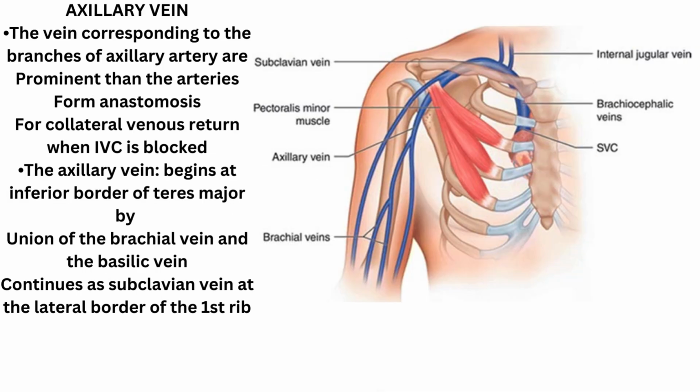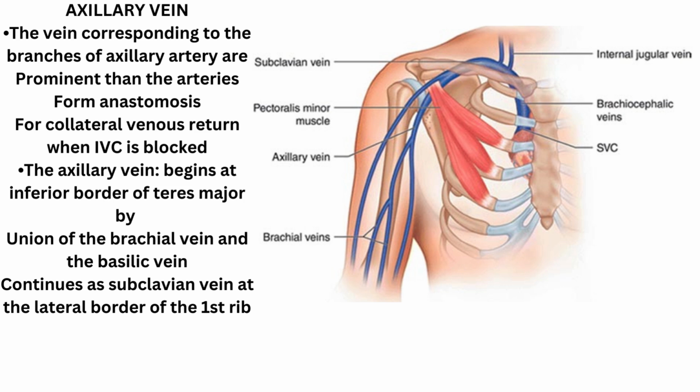The branches of the axillary artery have corresponding veins that accompany the arteries. The veins are more prominent than arteries and frequently anastomose with one another and other veins. This anastomosis forms a collateral route that enables venous return in the presence of obstruction of the inferior vena cava. For example, the thoracoepigastric veins are formed by the anastomosis of superficial veins from the inguinal region with the lateral thoracic